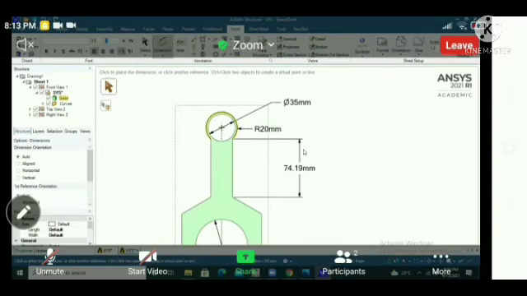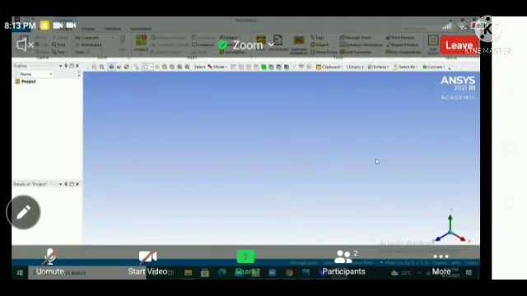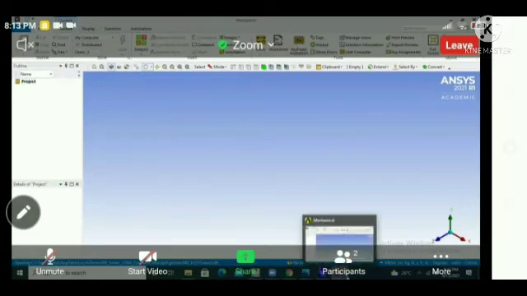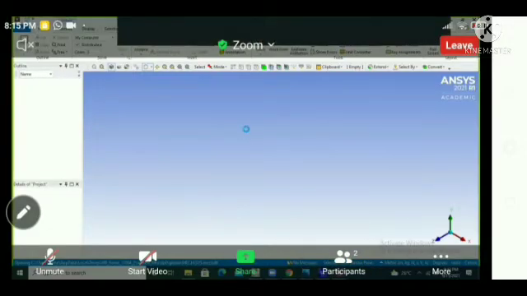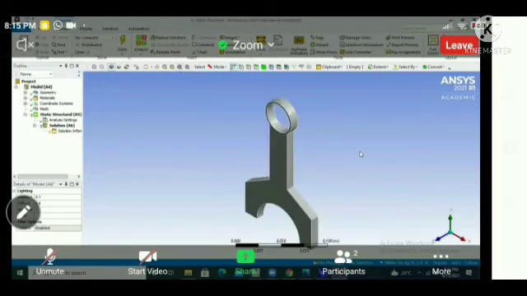So our drawing sheet has been completed and our new page has also been opened. So here we can perform our meshing and other solution. Here you can see one option of magnifying glass like thing, on clicking which our part will appear on the screen. See, if you click here, our model part will appear like this.